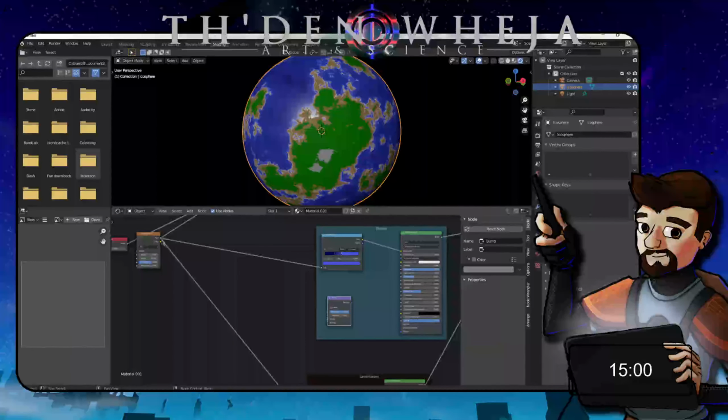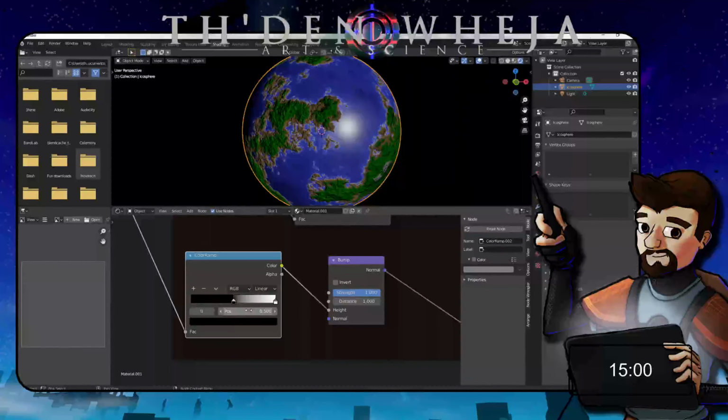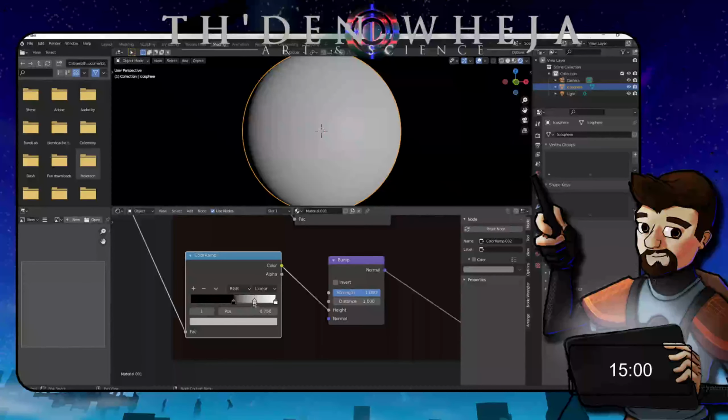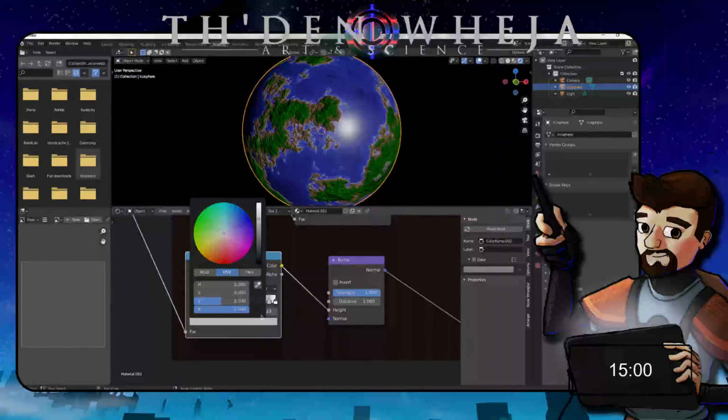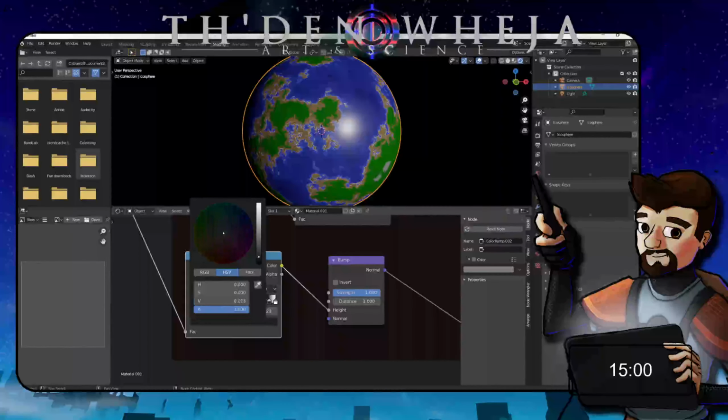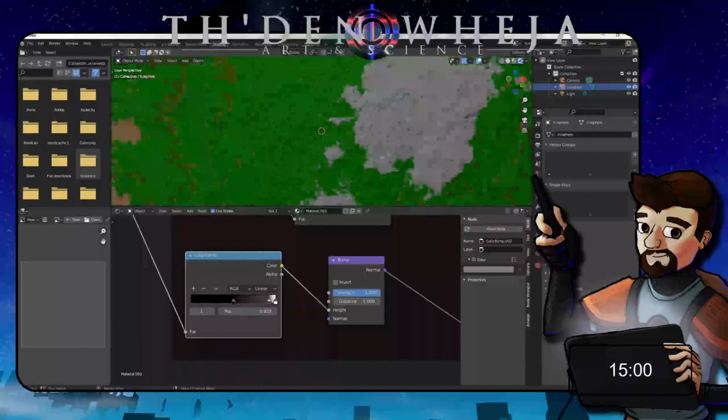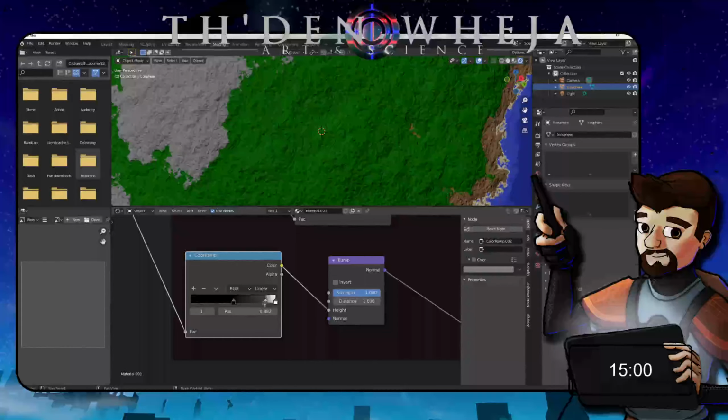Thank goodness for the color ramp. Yeah, not too crazy, but just crazy enough that we can